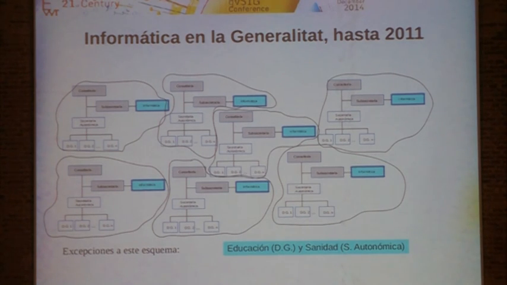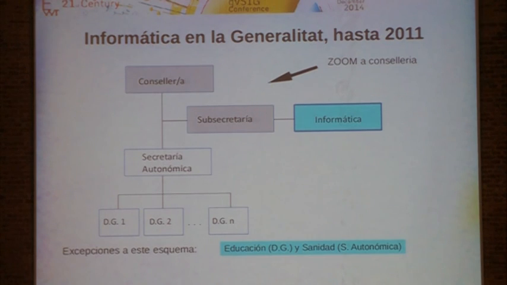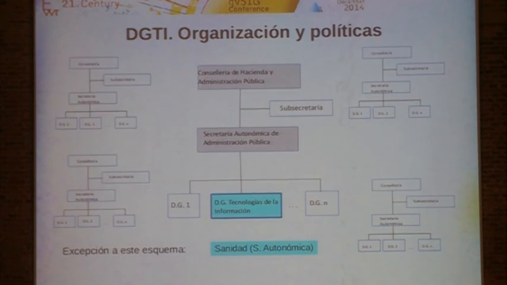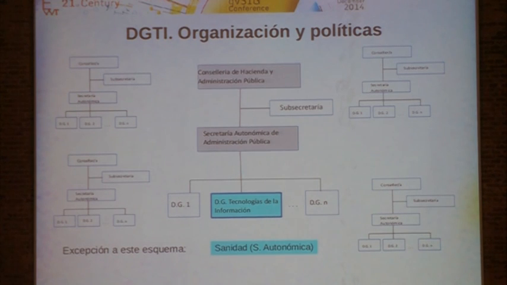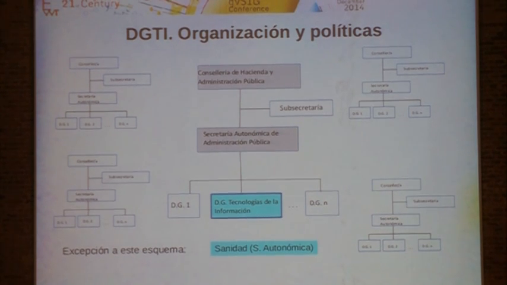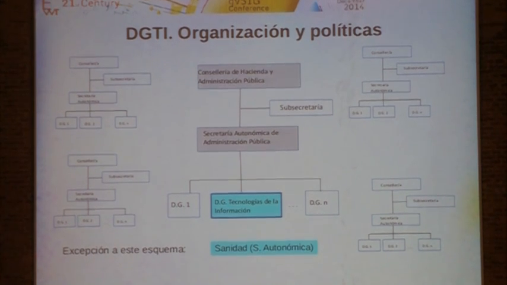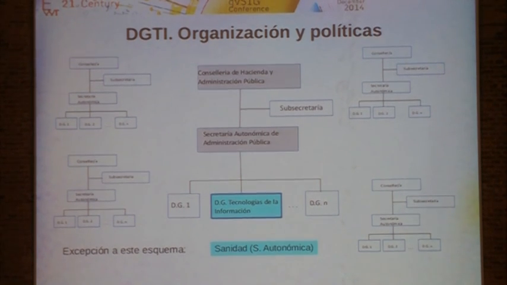The rest were general commissions with a general vision of these issues and reporting to the subsecretary. There was a general directorate called the Modernization General Directorate, and they were trying to coordinate the different works of these different elements. In July 2011, the General Directorate of Information Technologies was created, and they covered all the information technology